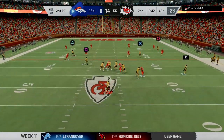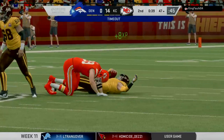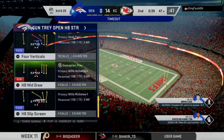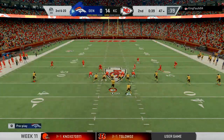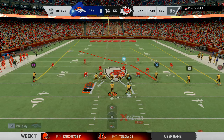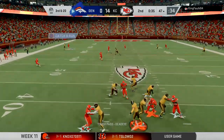From the 40 now on 2nd down. Locke. And the Chiefs are going to get him. Now the Broncos are going to call the first of their timeouts as they stop it here with just under 40 ticks to go in this first half. The Broncos on 3rd down. They've only converted once in 4 tries. This will be 3rd and forever. Trying to lay one up